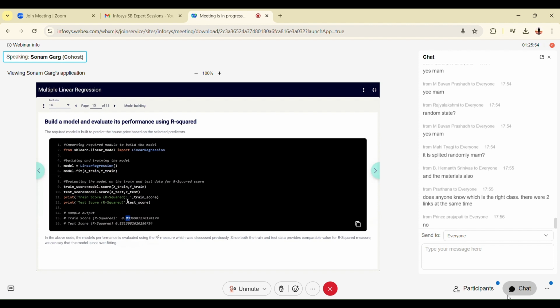So it is doing good. Our model is doing good on training and testing data because it's giving the same type of values for training and testing. It is neither overfitting nor underfitting. Overfitting means if your model does well on training data, because it has been trained upon training data, it should do well ideally on the training data. And if it doesn't do well on testing data, we can say that the model is overfitting. But in this case, it is not overfitting.